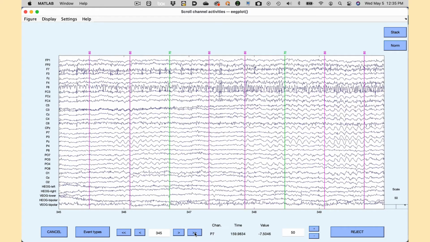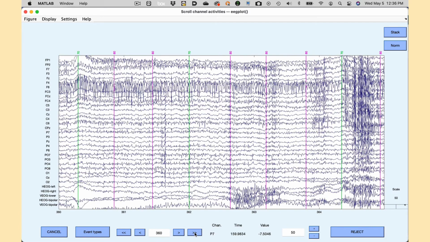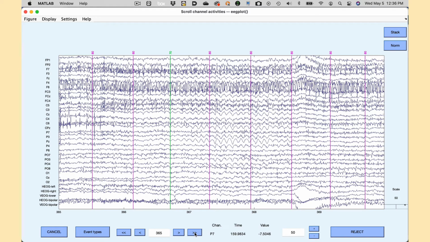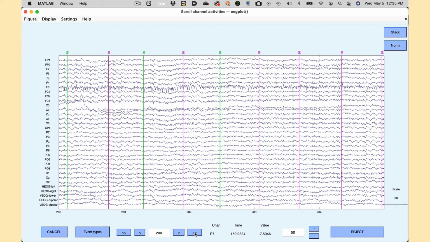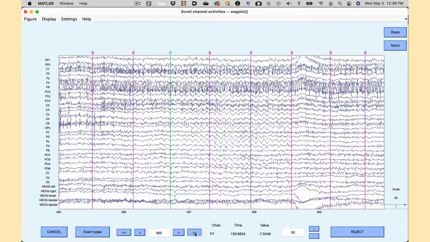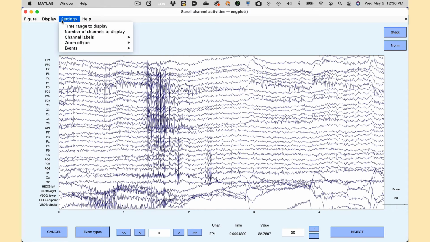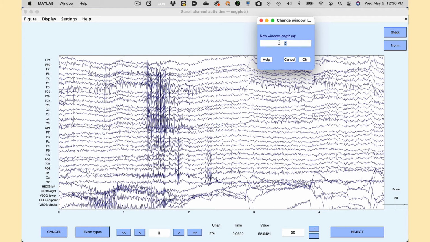If we keep scrolling, we can see that the waveforms are getting progressively noisier. If we compare this segment at 365 seconds to this segment at 200 seconds, you can see that there's just more noise all over. That's how things go sometimes. Participants start getting uncomfortable or bored and the signal just gets worse. So you really need to look at the EEG from the whole session. Now, it'd take a long time to go through the whole session looking at 5 seconds at a time. So I recommend looking at parts of the session on that time scale and then looking at 60-second segments to see the whole session. You do that by going to the plotting window and selecting Settings, Time Range to Display.